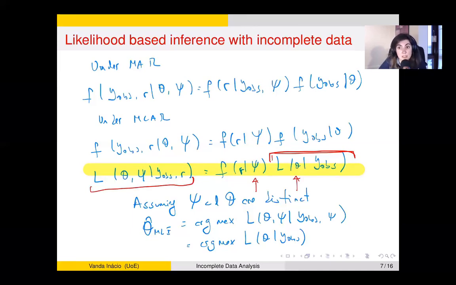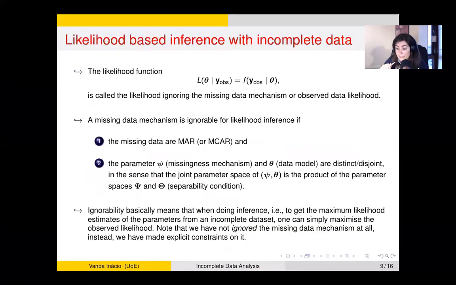I've made the assumption that data are missing at random and that the parameters of the missing data mechanism and of the data model are distinct. And under these two assumptions, I can obtain inferences or estimate theta using the likelihood of the observed data. And that's a good result. And that's what I have here. This is the likelihood of the observed